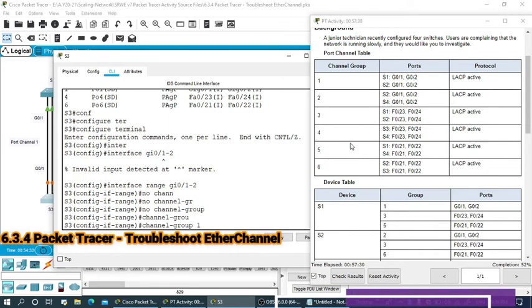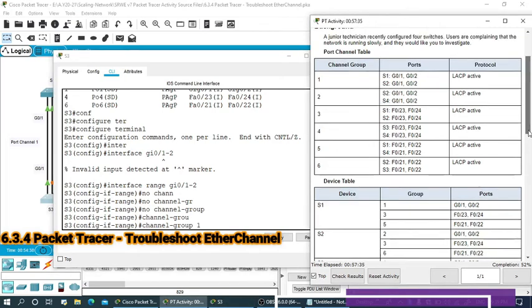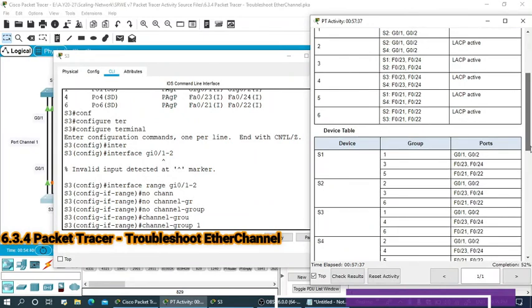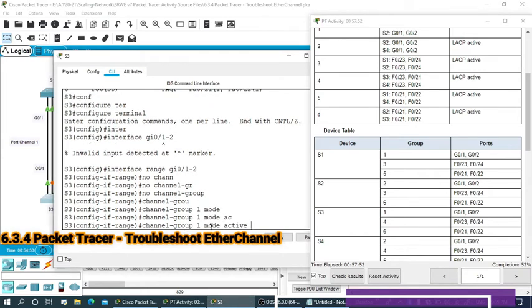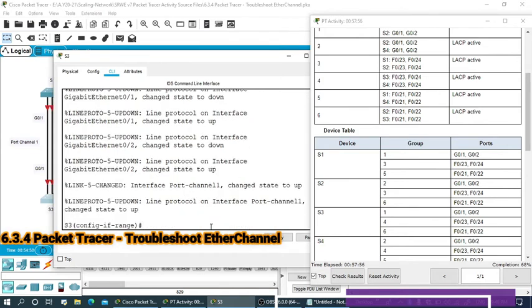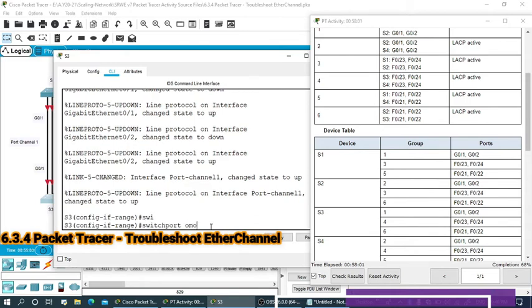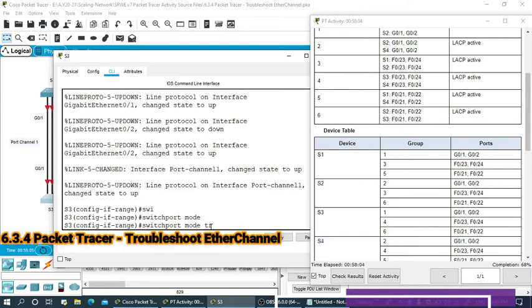Here we are in switch number 3, and we have ports 1, 4 and 6, so channel groups 1, 4 and 6. Gigabit 0/1 channel-group 1 mode active, and we can also write switchport mode trunk.